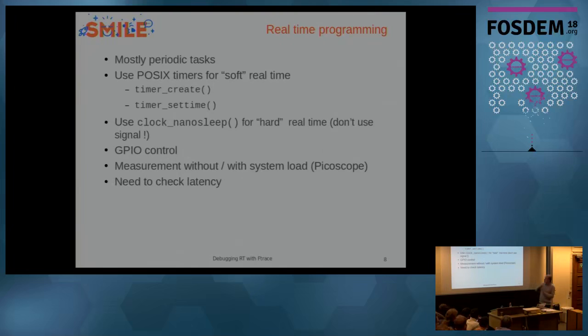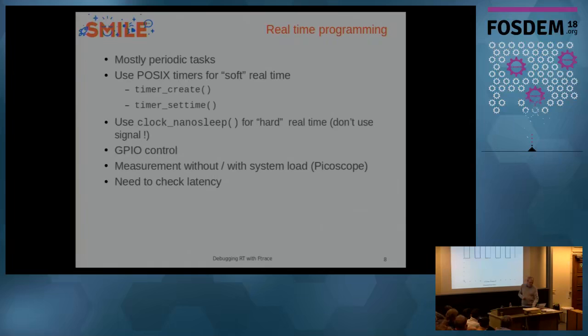If you want hard real-time and better results, you can use clock_nanosleep instead. For example, we will see a test with PREEMPT_RT at the end on the Raspberry Pi. You can use a GPIO and, with a PicoScope, actually a small oscilloscope, you can measure the system load and see the